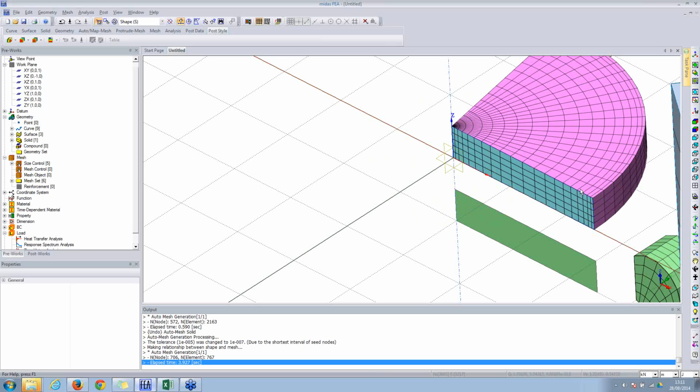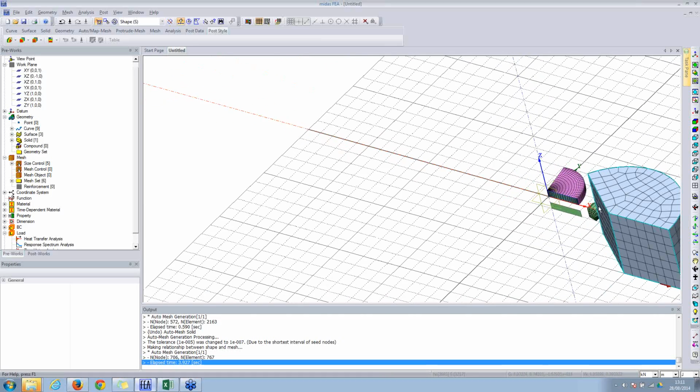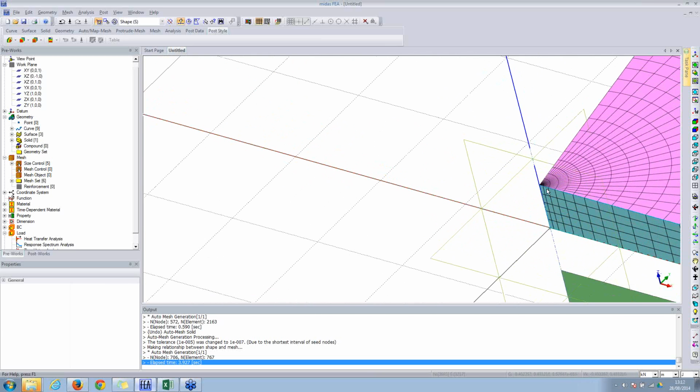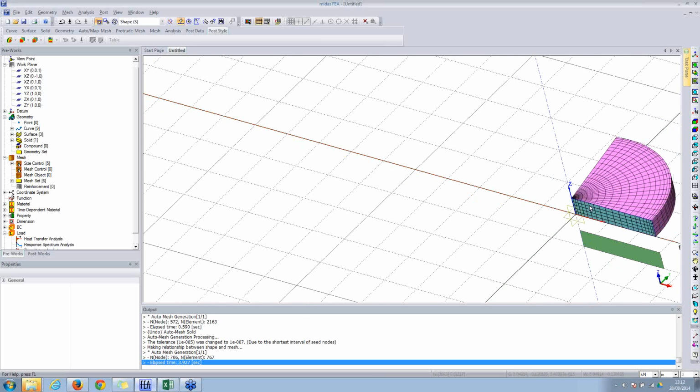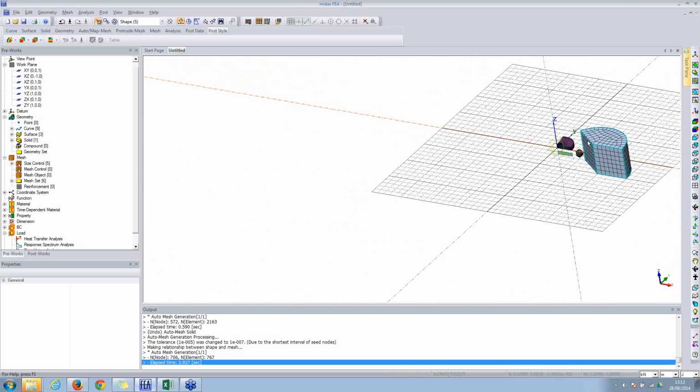So based on the complexity of the model, you can choose to go for either directly modeling or automeshing the solid, or you can first model it as a plate with size control, with finer elements and coarser elements properly defined, and then create the solid out of the plate to get a more efficient mesh. So that's how you generate different types of mesh and